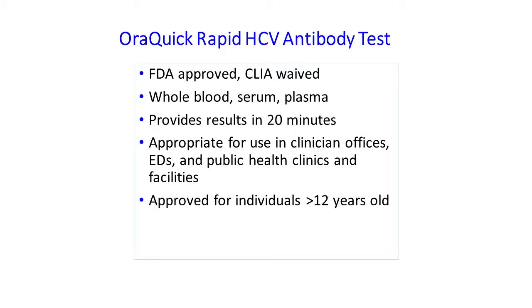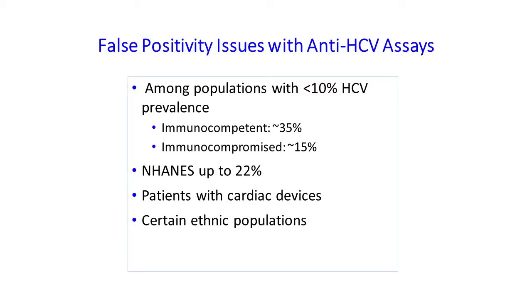A patient with a reactive test should be considered to have a preliminary positive test and should undergo HCV RNA testing. In 2011, the FDA granted the Clinical Laboratory Improvement Amendments CLIA waiver for the OraQuick HCV rapid antibody test. CDC evaluations of this test determined a sensitivity and specificity of greater than 99% for serum and greater than 97% for fingerstick. As with any screening tests, the proportion of false positive rates varies depending on the prevalence of infection